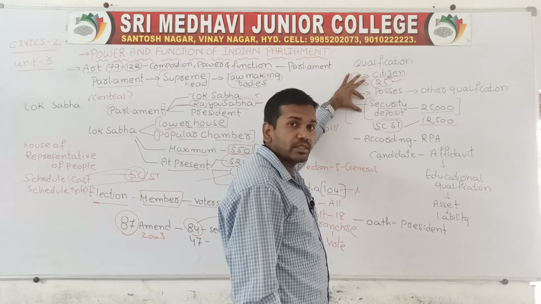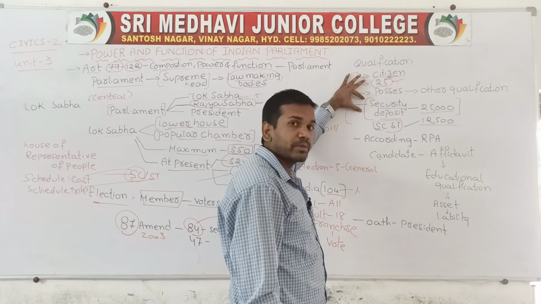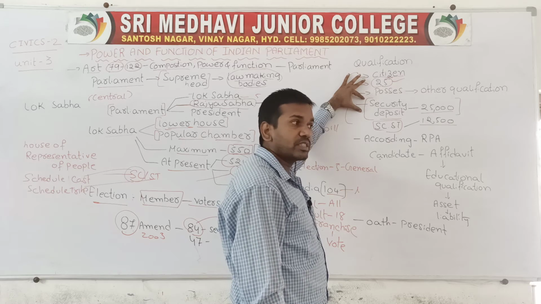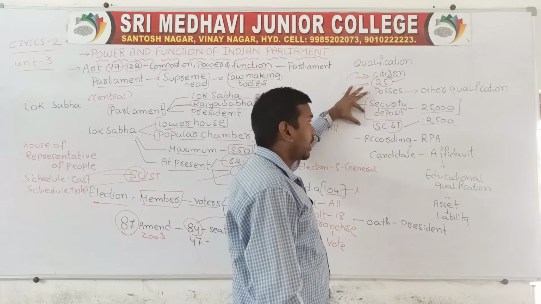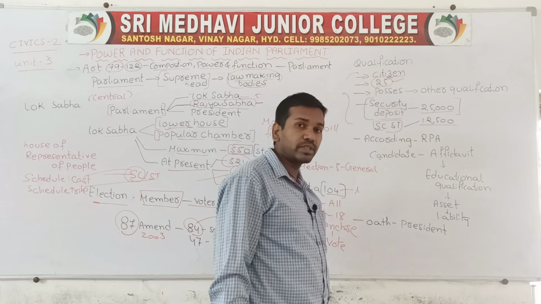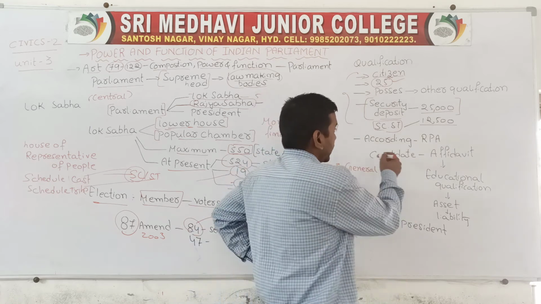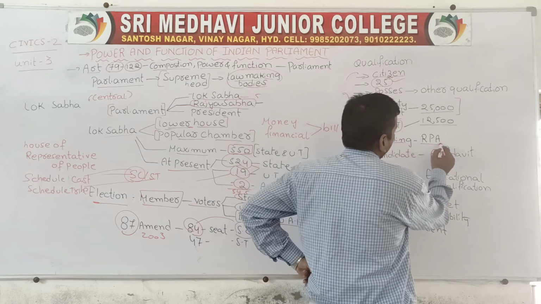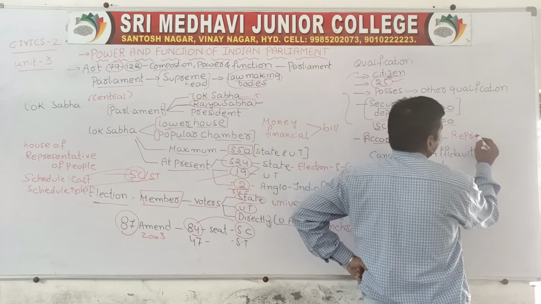And fourth, every ordinary citizen contesting for Lok Sabha should deposit a security deposit of 25,000 rupees. If you are from the SC and ST caste, you have to deposit only 12,500 rupees. Now, according to the Representation of the People Act,